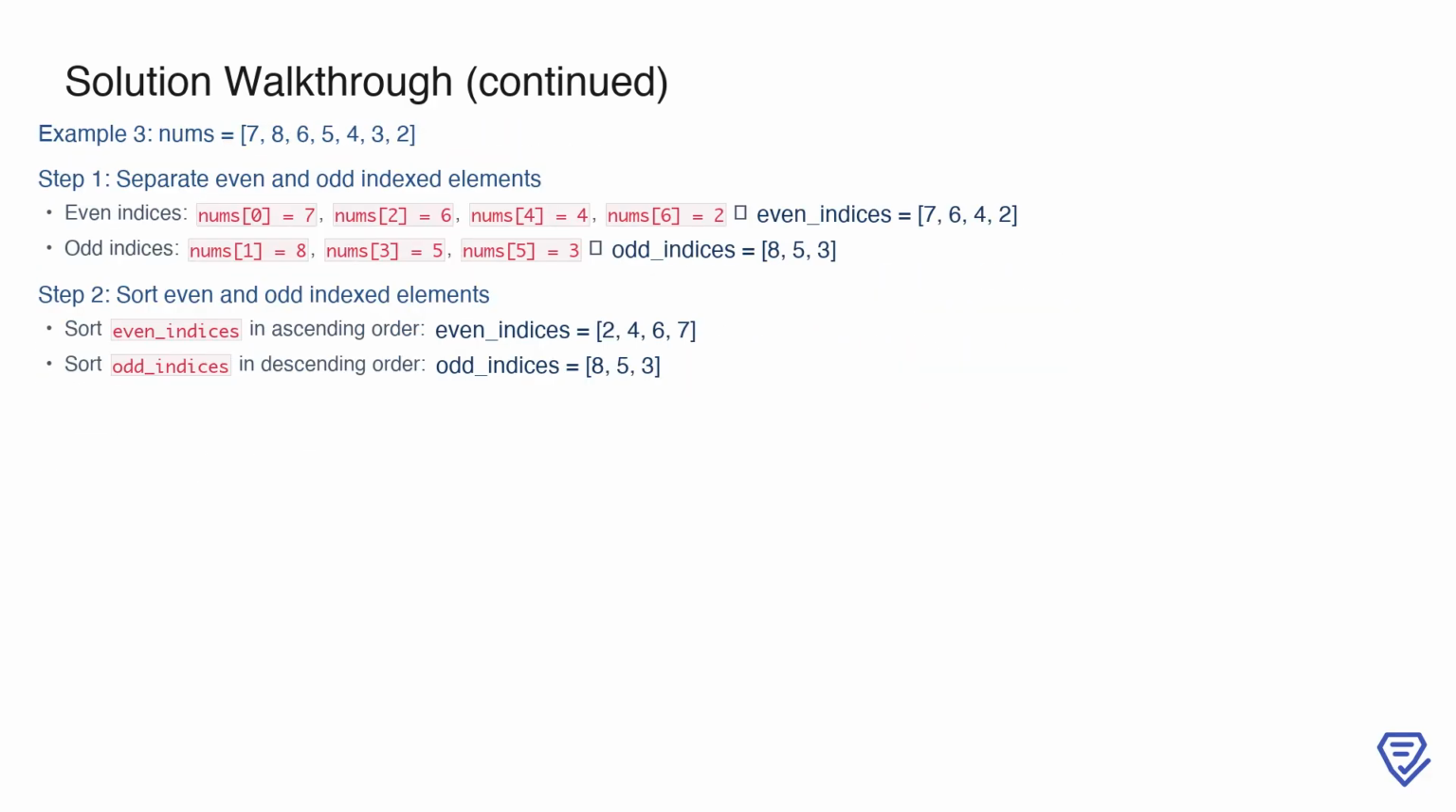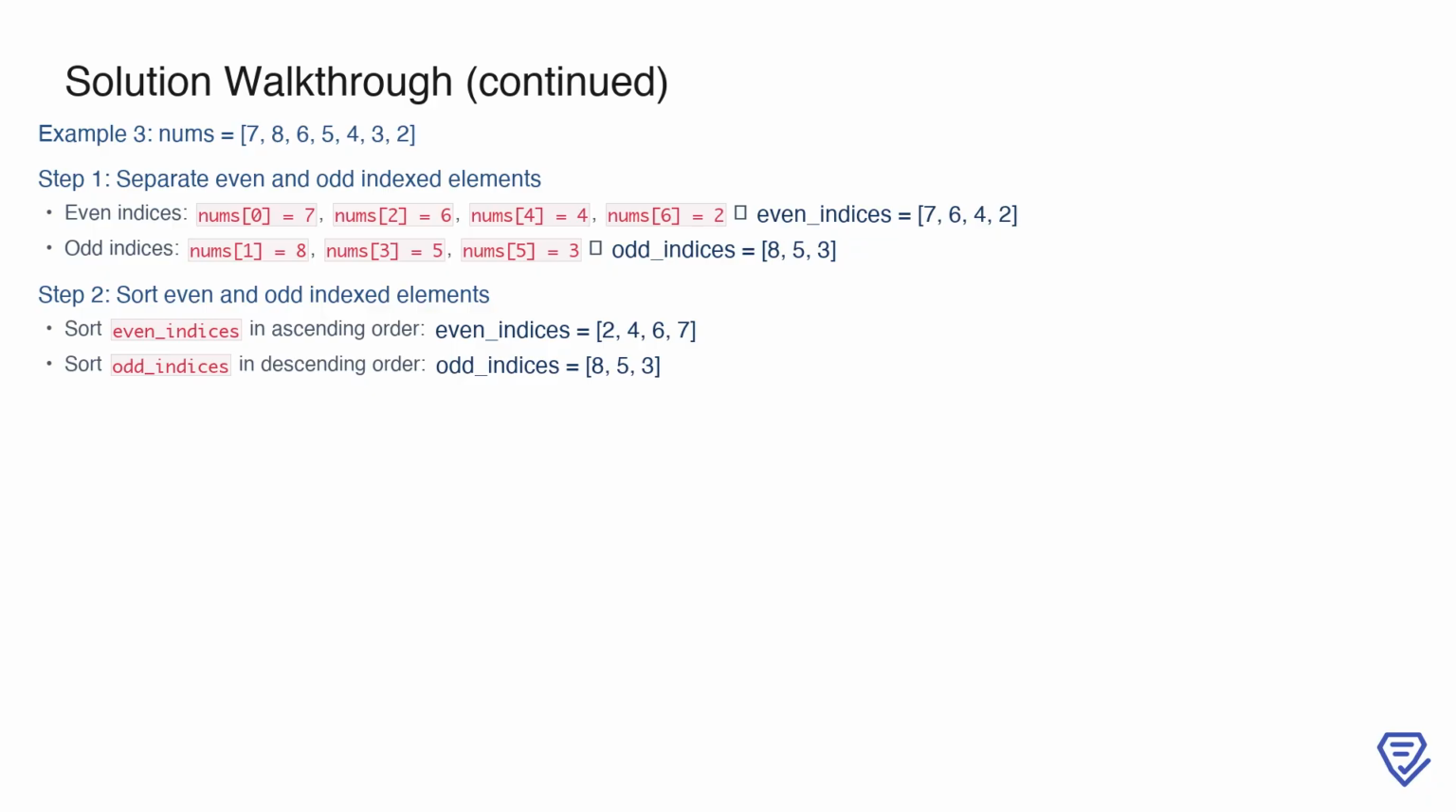In this next example, nums is 7, 8, 6, 5, 4, 3, 2. First, we separate the elements into even and odd indexed lists. The even indices contain 7, 6, 4, and 2, so even_indices becomes 7, 6, 4, 2. For the odd indices, the elements are 8, 5, and 3, which make up the odd_indices list as